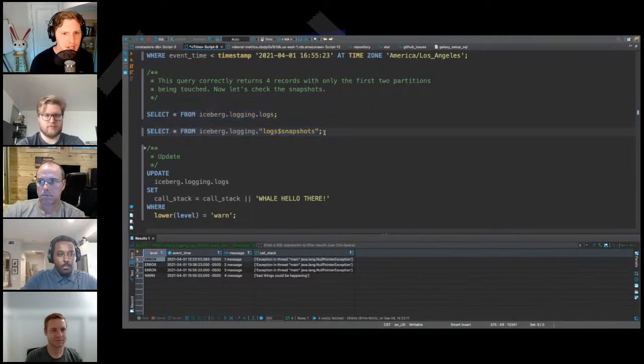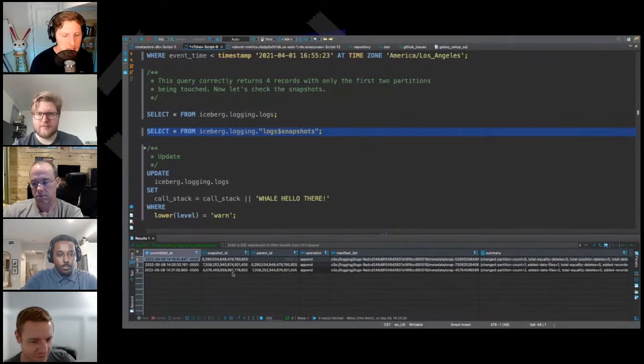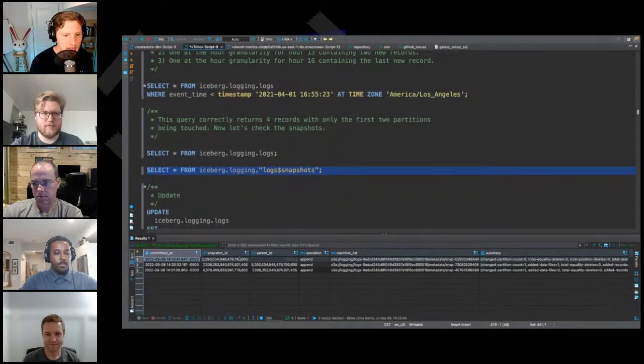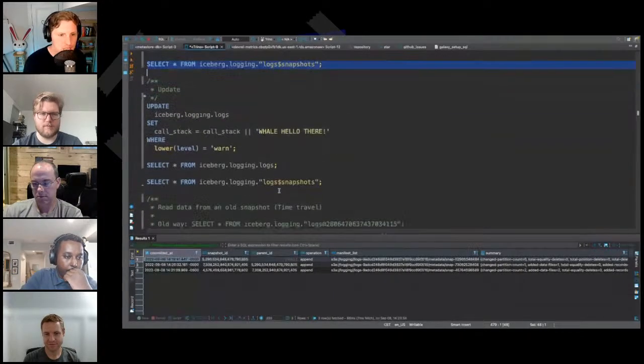And I was just going to look at, we also have the concept of snapshots. I want to point that out there. So each different write that we've done so far has created a different snapshot for each kind of insert. So we have the create, and then we have the 2 inserts for those snapshots.